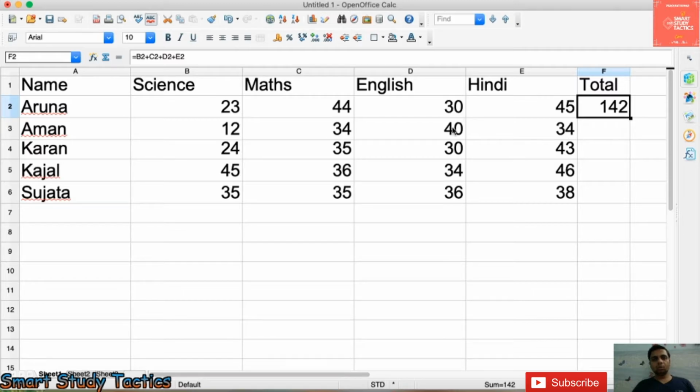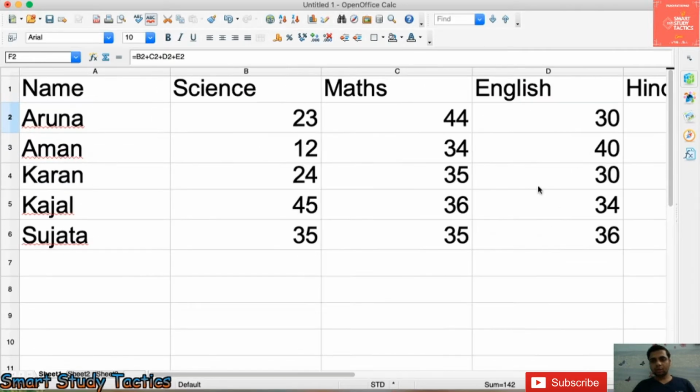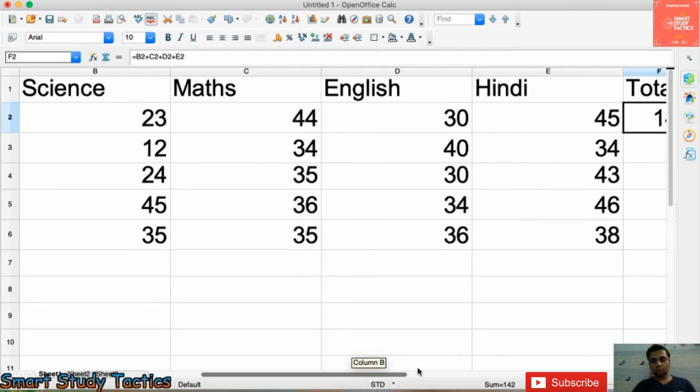As you know, Excel will help you do the calculation fast. This is the sum of the numbers. You can go with this equal and all, but why go with it? Because, as I told you, Excel provides more features to calculate things easily. So I am going to zoom in and show you something.